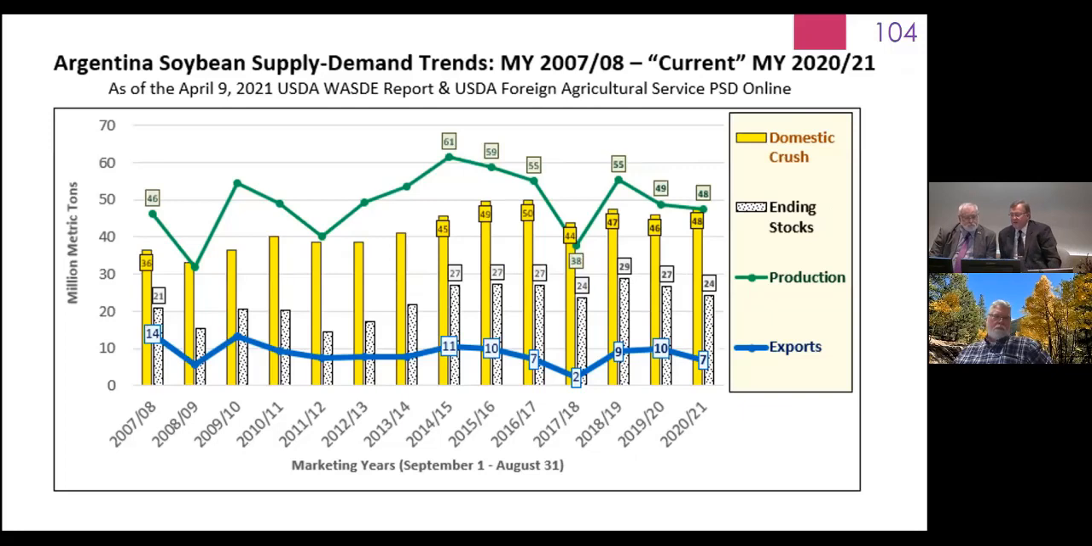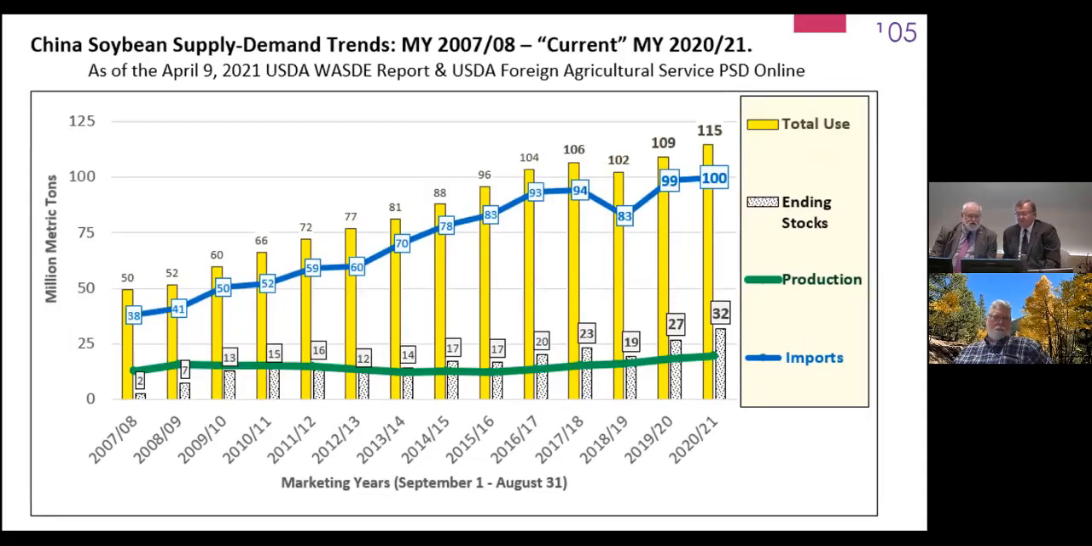But Argentina used to be right in there with that, but their production is almost all taken up by their domestic crush. Yeah, and that's just due to the export tax situation. That really encourages crushing, the processing. And here's the China deal. The growth in the blue in imports, there's their total use projection continuing to grow. They do have some production, but